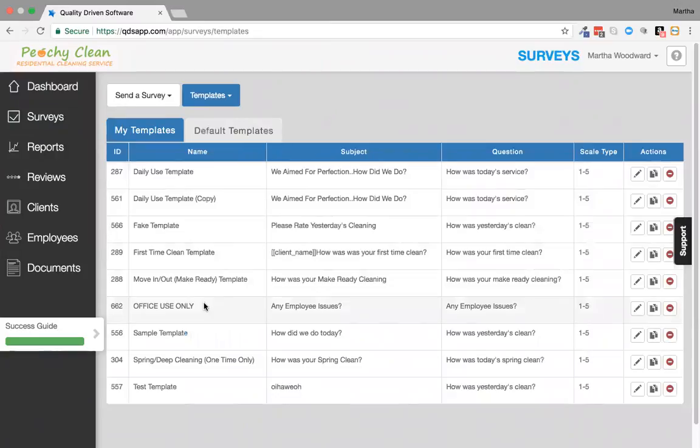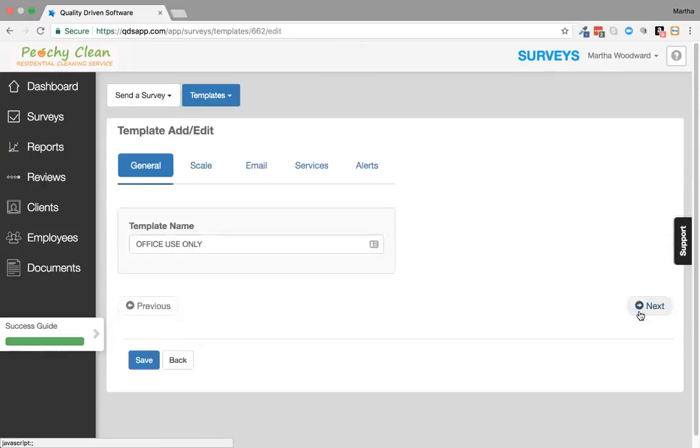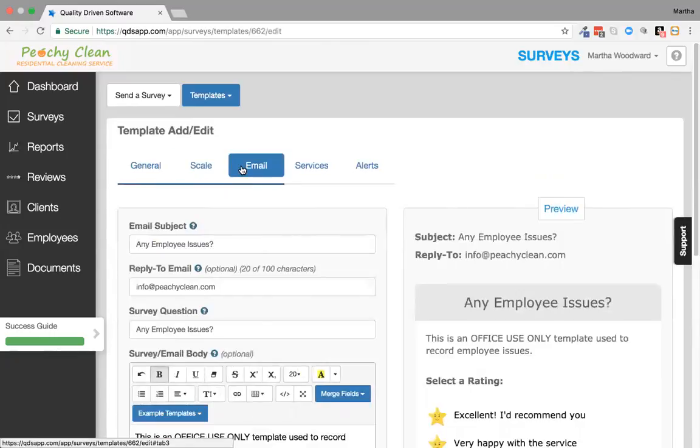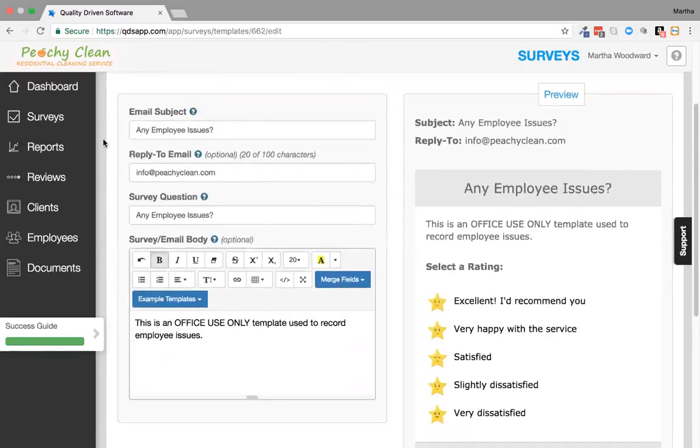Go to, well, I named mine office use only. I'll open that up. And when you go to scale, it doesn't really matter what you pick because it's internal use only. You're not sending this out. Same for email. Again, doesn't really matter what you put here as long as you are not actually sending this